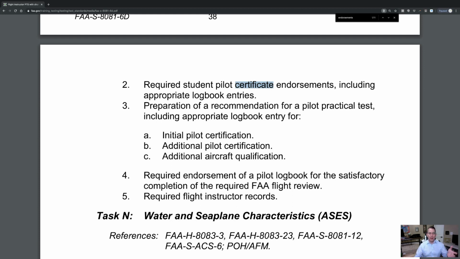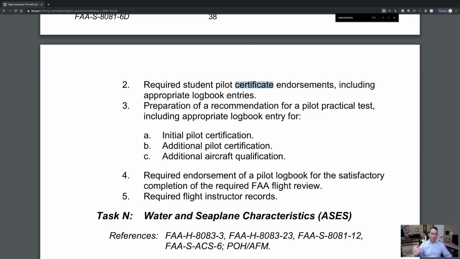No solo at night, no solo in a complex or high performance or high altitude aircraft or anything like that. Everything being equal, just a plain Jane 172 or Archer or whatever you're soloing in, just a plain single engine aircraft, that would be Tim Loves Bacon. And so that's your TSA IACRA medical and your